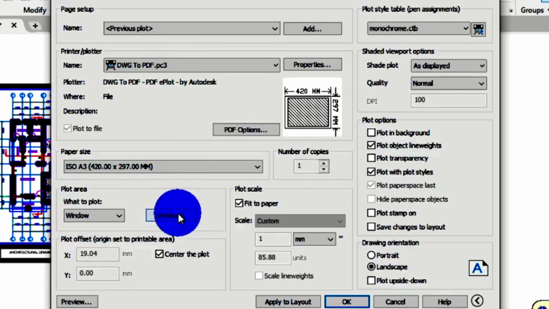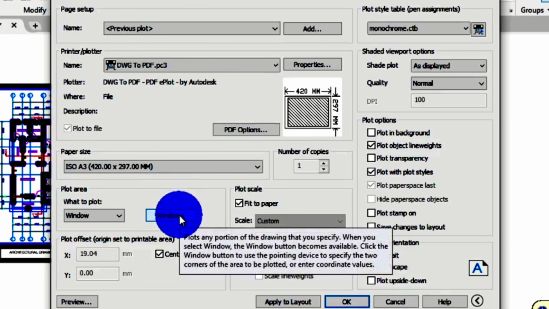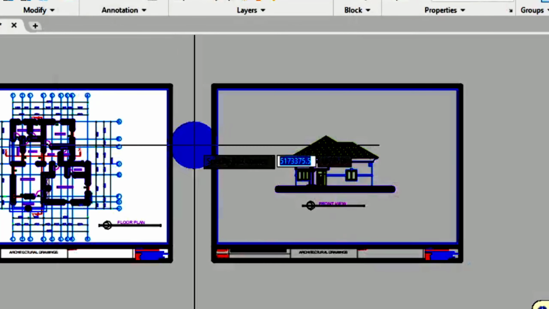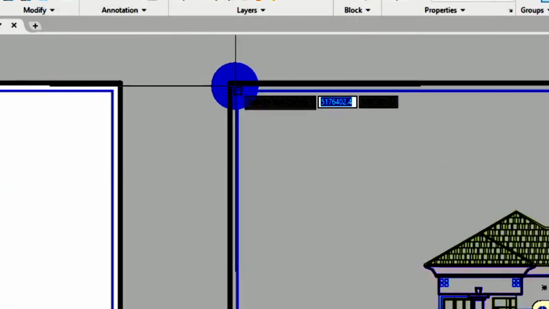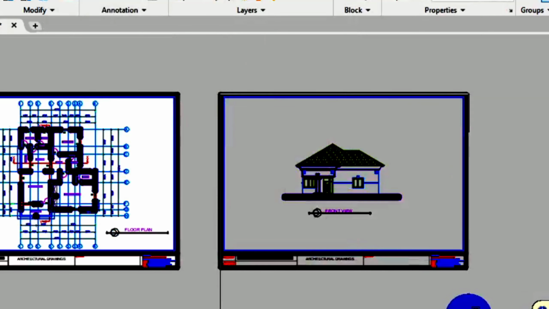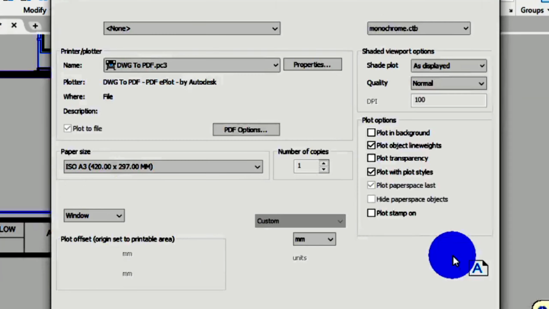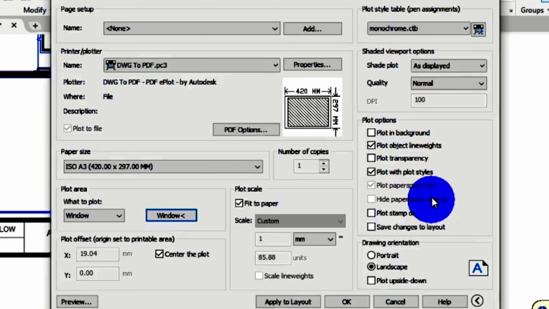So now the only thing I need to do is to come to window and define a new extent. Then I want AutoCAD to print for me. After selecting the extent, AutoCAD takes me back to this print dialog box. Then I'll come over to plot style table, click on that box and select grayscale.